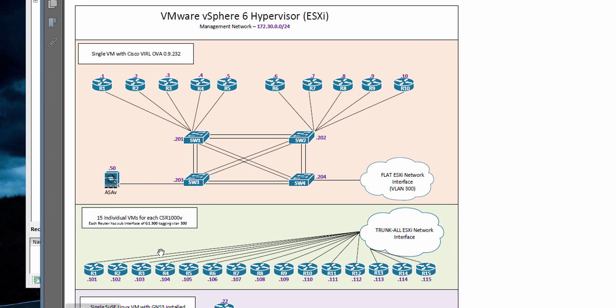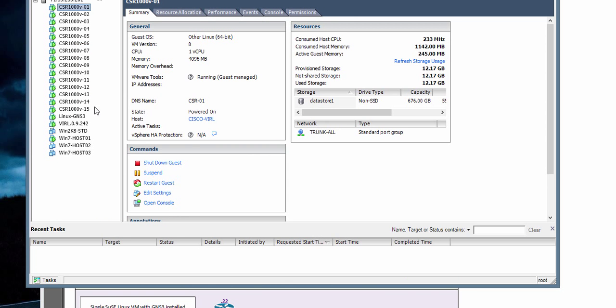And then over here, I have the 15 individual CSRVs with all the interfaces on a trunk, so that way I can create other interfaces to tap into other VLANs. But in this case, each router has a sub interface that's tagged with VLAN 300, and then that goes off that trunk. And then for the Linux GNS3,